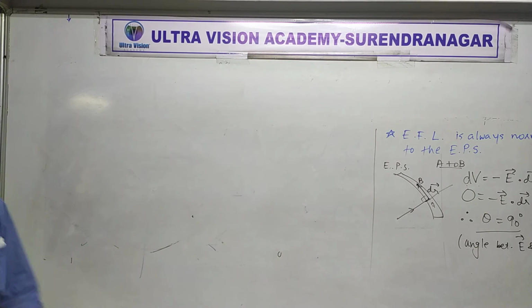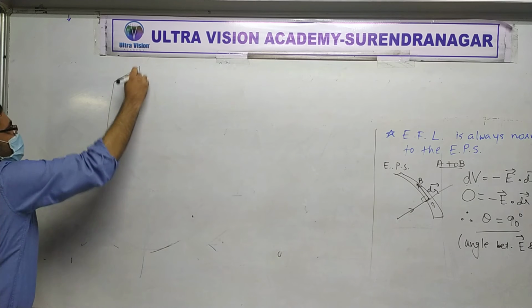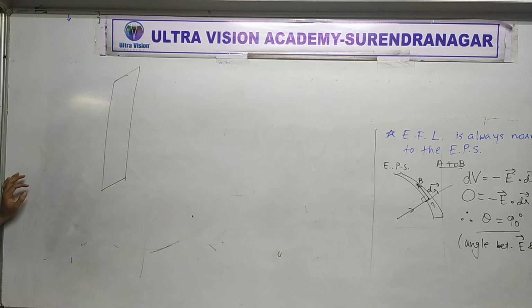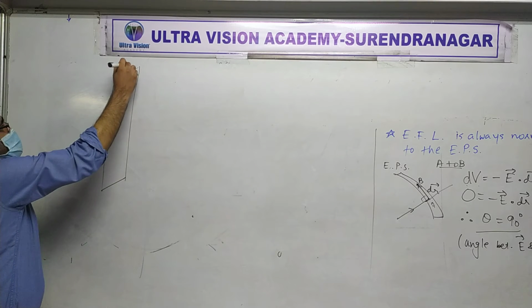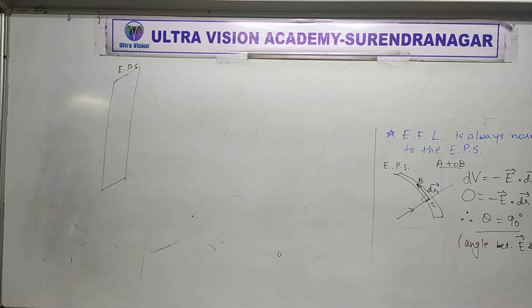Okay. So far we have seen that if I have a surface which is an equipotential surface, then the electric field is normal to it. Suppose this is one simple example of some equipotential surface, meaning at all points on this surface, potential is the same. So in which direction is the electric field? Normal to it. But normal to the surface has two sides, so which side?